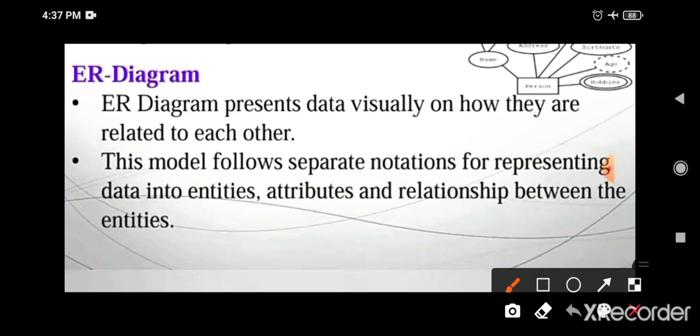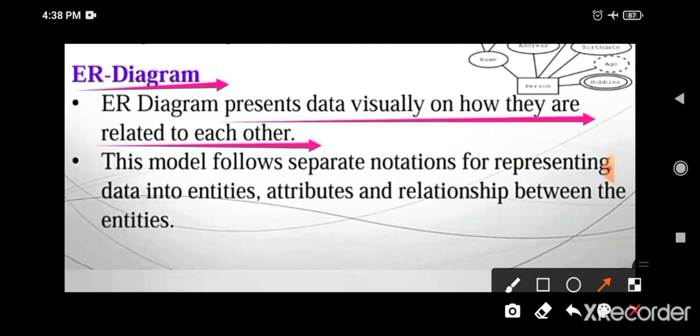In this video, we are going to discuss the ER diagram, that is, the entity relationship diagram. What is meant by an ER diagram? An ER diagram presents data visually, showing how the data are related to each other. The main concept is that it can represent the data in a visual format for the main purpose